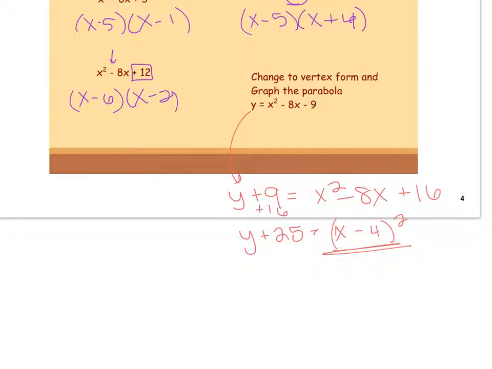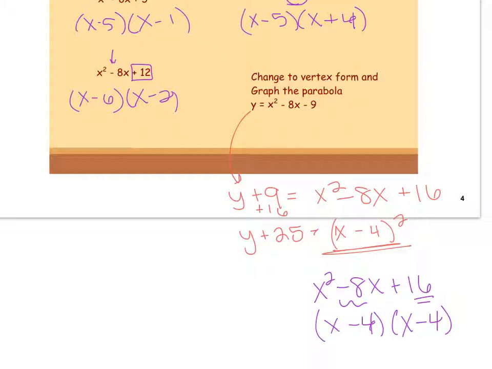If you look at what we've been doing, when you have x squared minus 8x plus 16, 16 is the product. So the factors of 16 whose sum is negative 8. Negative 4 times negative 4 is positive 16. Negative 4 plus negative 4 would give me negative 8. And now if I'm going to graph,